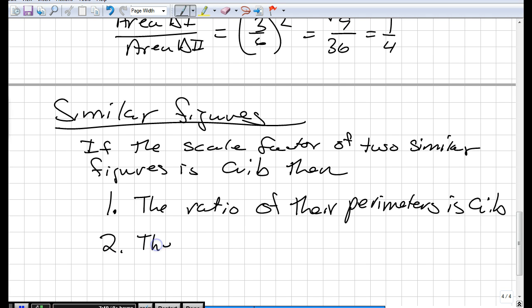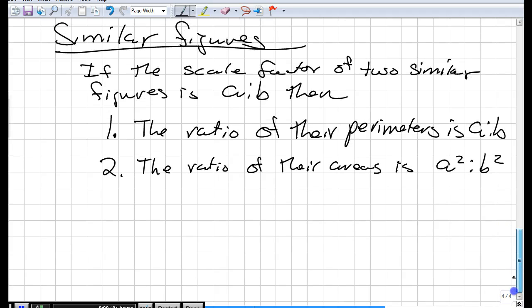But the ratio of their areas is the scale factor squared. So it's A squared to B squared. It's easy to remember because area is always squared. So you always just square it. Okay? So, for example,